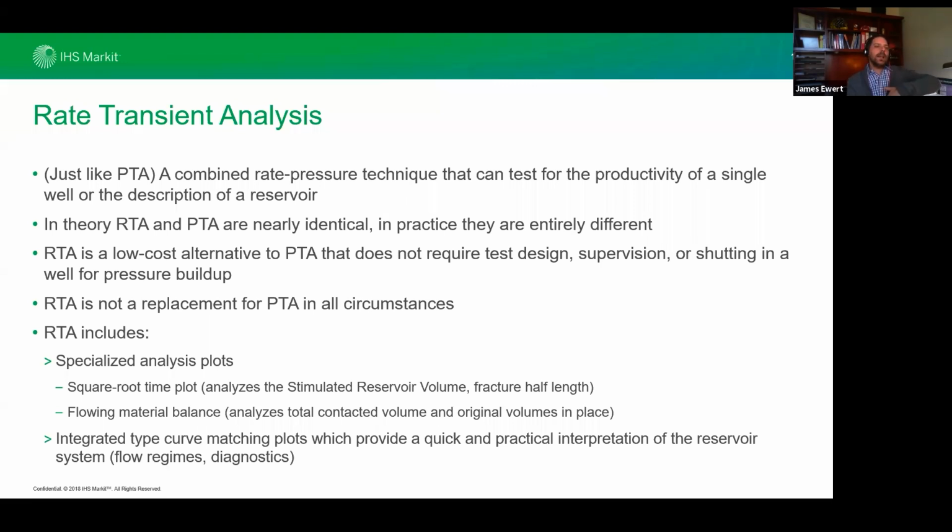So RTA uses daily data, where PTA has higher resolution than that. So it's a lower cost alternative. And the reason companies really like rate transient analysis is it's going to give you insights into your reservoir, insights into your well, using data you're collecting anyway. If you're collecting pressures, if you're collecting rates, you're doing that when you're producing the well anyway. So you're getting that data, let's say for free, right? So you're getting it, and now we can do a lot of great work with that to understand what's going on and better estimate what's going to happen in the future.